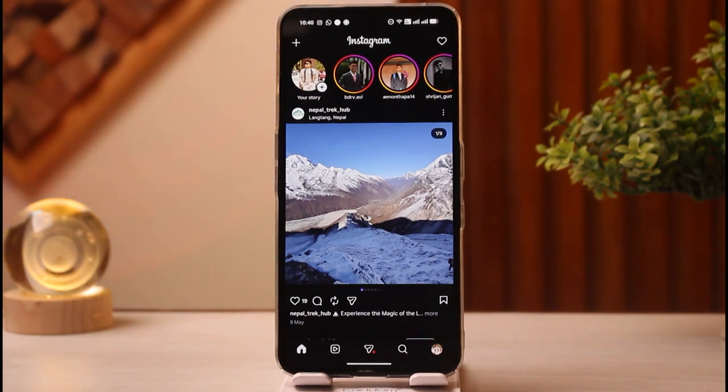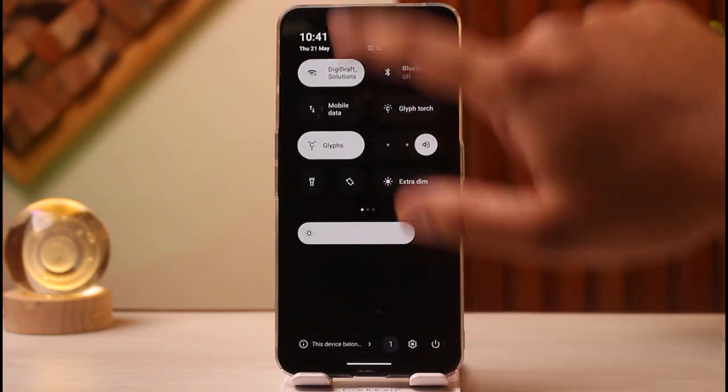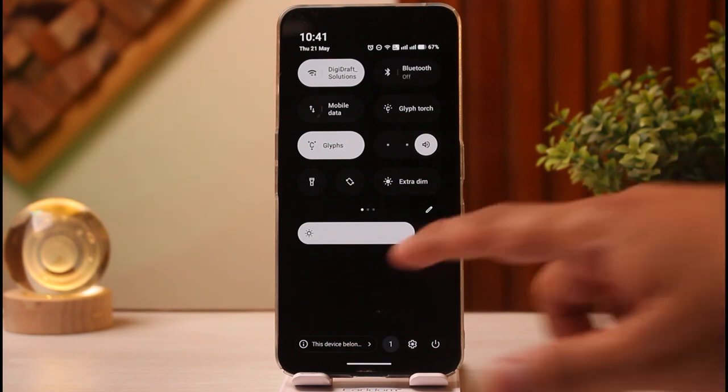Today's video is going to be about how to fix Instagram cannot add music story. This problem is usually due to network issues or your restricted account type, a corrupted app cache, or an outdated app version. The quickest fix is to turn your Wi-Fi or mobile data off and on, and then you can